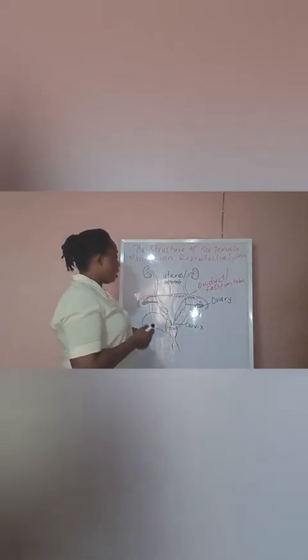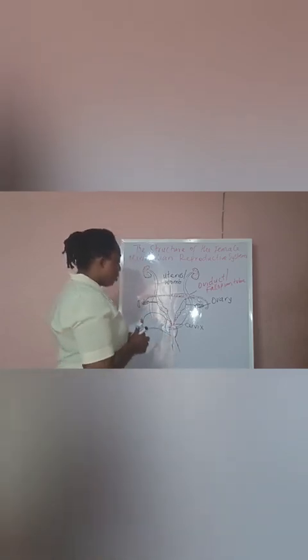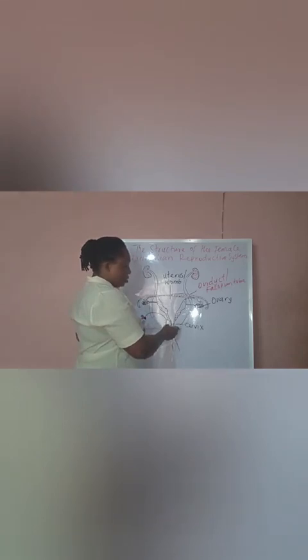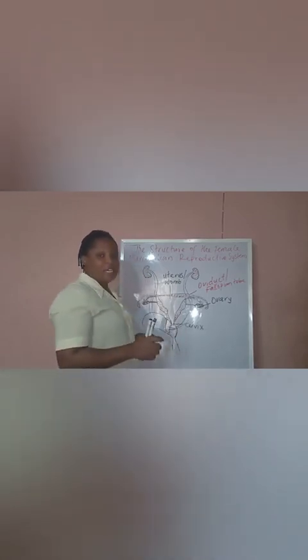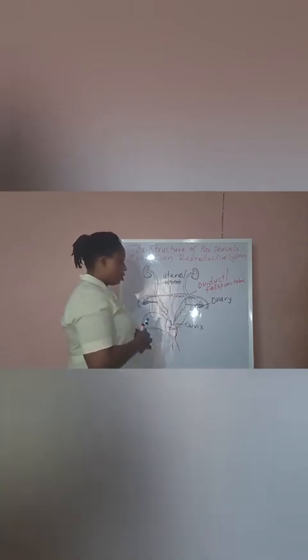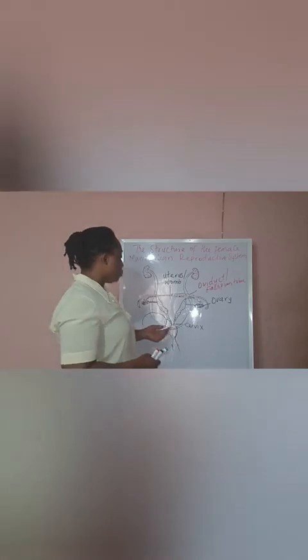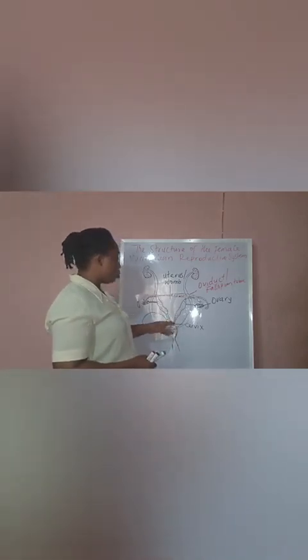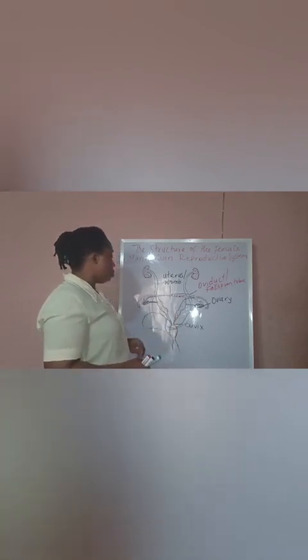So the cervix is a ring of muscle that has a very tiny opening. It closes the entrance into the uterus, so that it is closed up. During pregnancy, it will be closed up so as to prevent harmful materials from coming into the uterus.